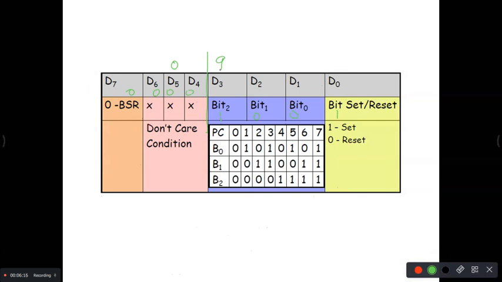As I told you in my previous class, each port and control register has got its address. Yes or no? Suppose I say Port A EQU 7000, Port B EQU 7001, Port C EQU 7002. This is control register EQU